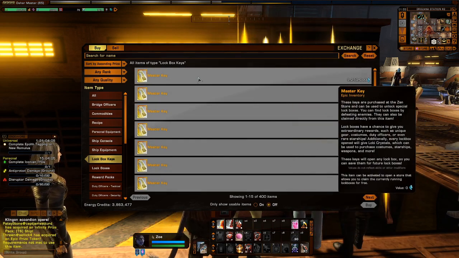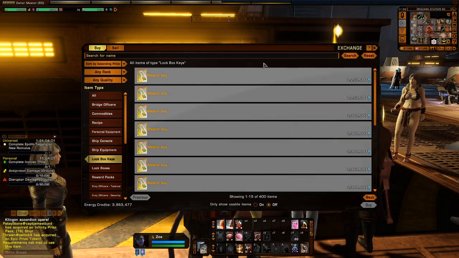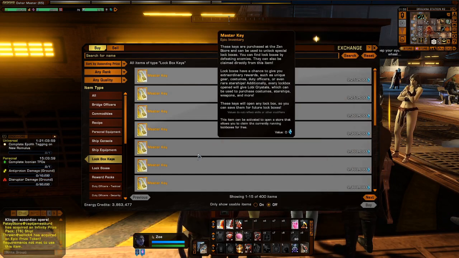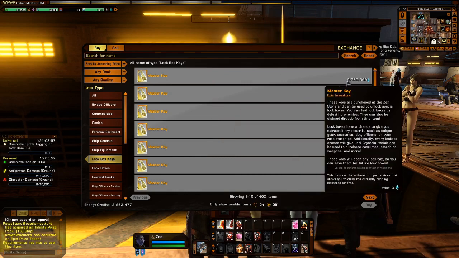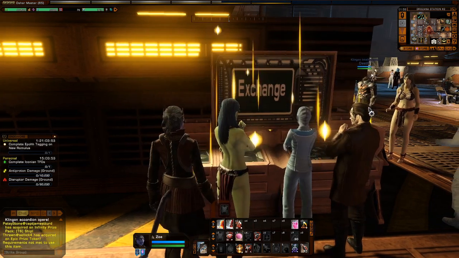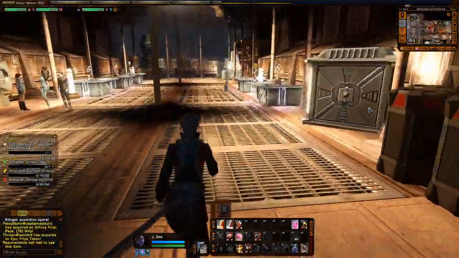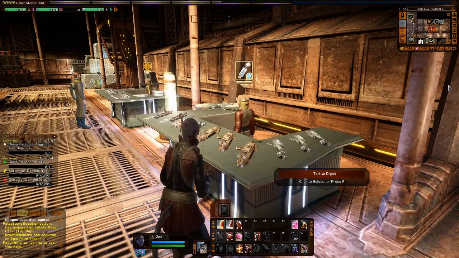But for those of you who just insist on spending no money on this game, and it is possible, keep your eyes on the exchange, where you can get some keys. You just buy them off the exchange. But my hopes are crushed because they're all too expensive this time. But you can buy keys for the lockbox,